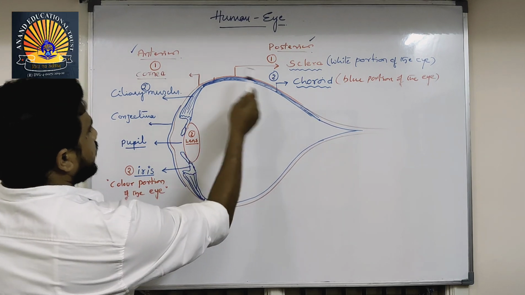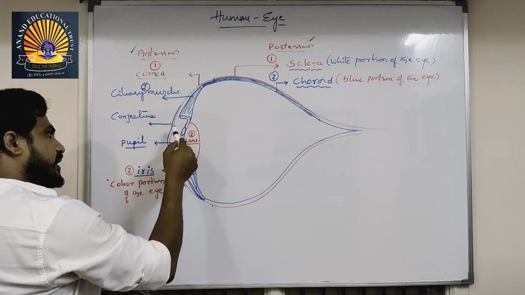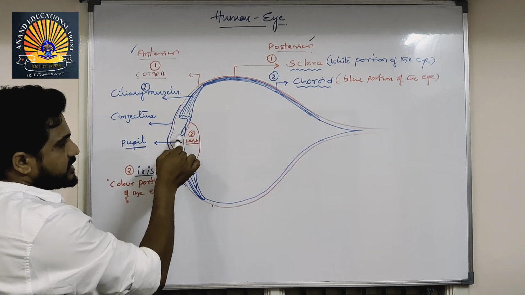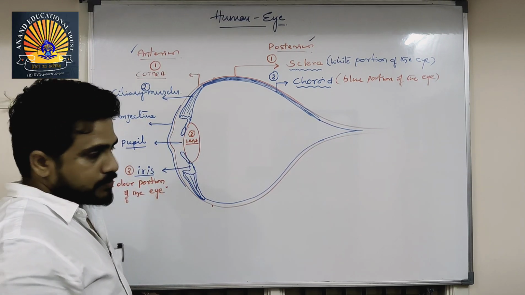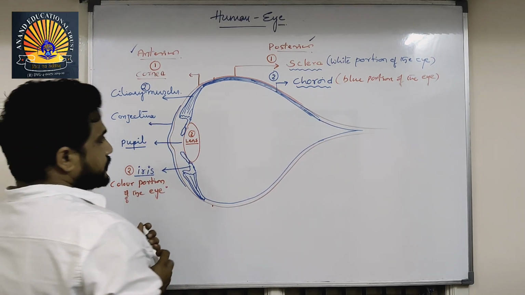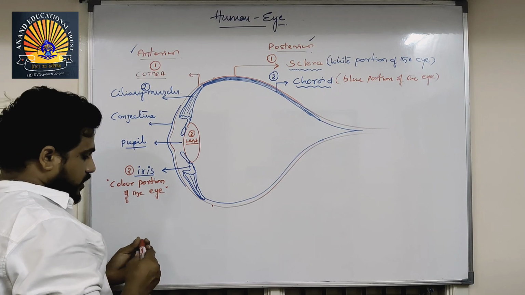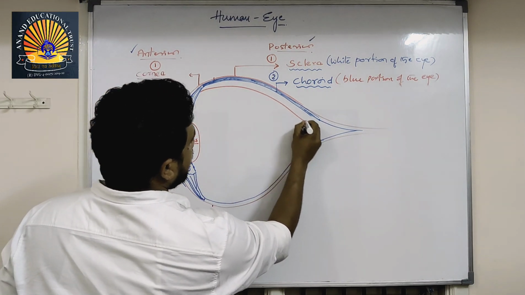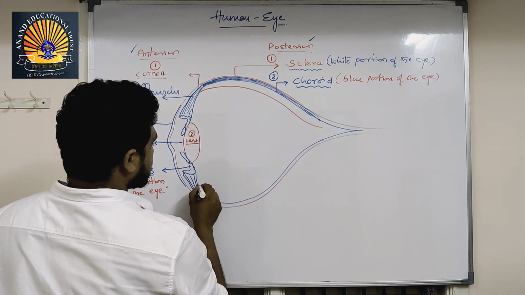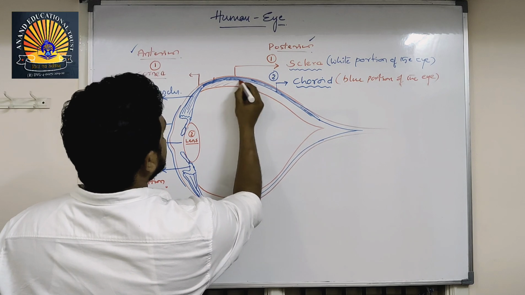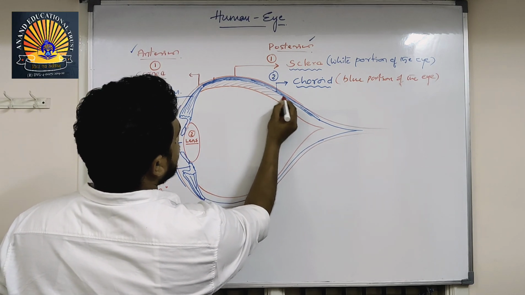Then choroid, ciliary muscles, iris, and lens, everything. The pupil is not a part; it is the region between the upper and lower iris part, just an opening-like structure. And the last one, the third one, is called the retina. Retina is the innermost coat of the eye